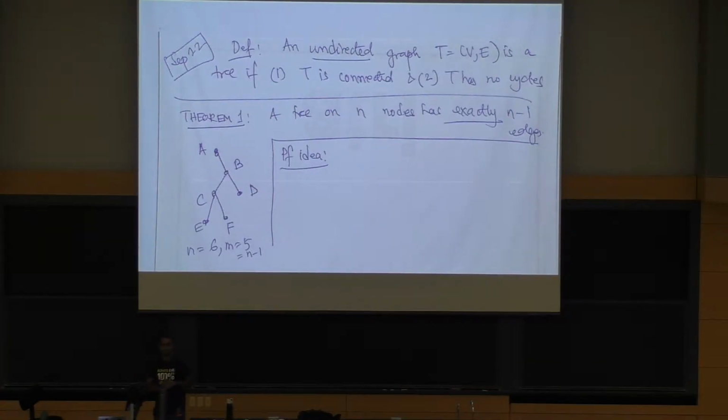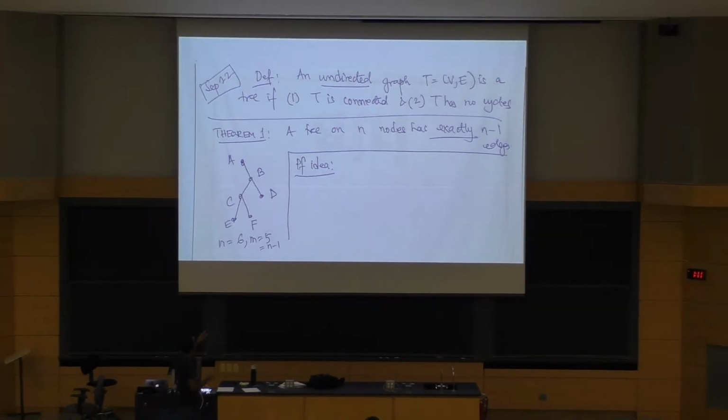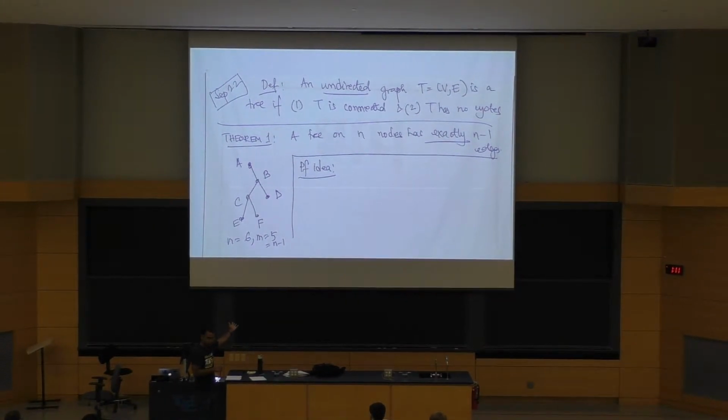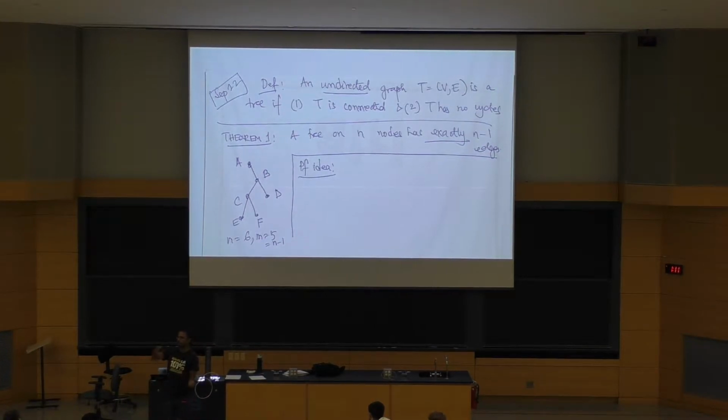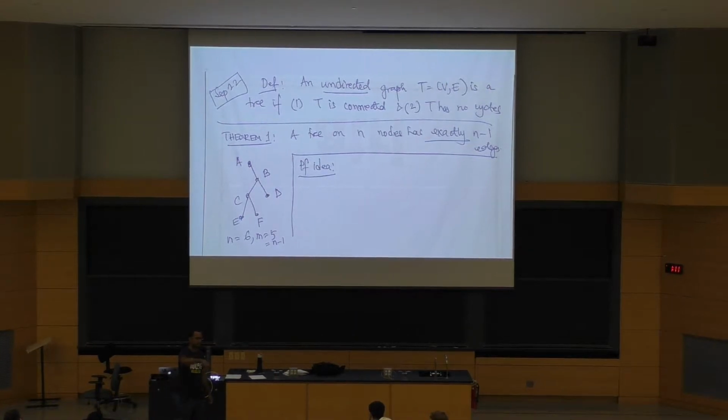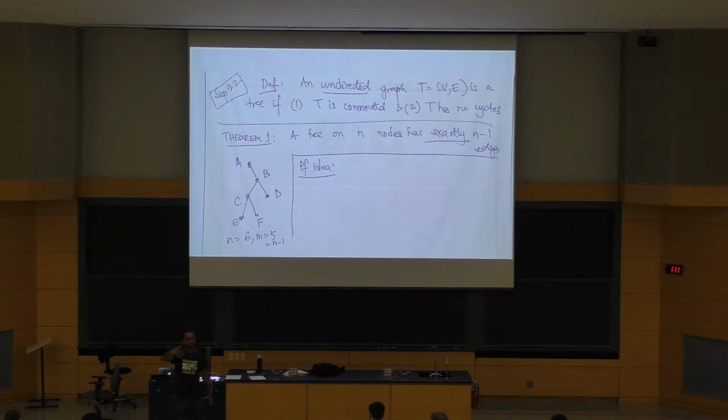Okay. So let's start off with the proof idea. And the idea is, we're going to start off by rooting this tree. A way to think about rooting a tree is, let's say you actually have a physical manifestation of this graph where every node is a bead and you have a rope connecting the two guys. Right? And so rooting a tree just means you pick up one bead and let it hang in terms of gravity. Okay? That's one physical way to interpret rooting a graph. Right?